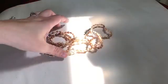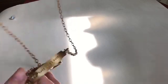Skeleton. Stretchy little seed bead. We'll go in the craft pile. More seashells. Fun little,